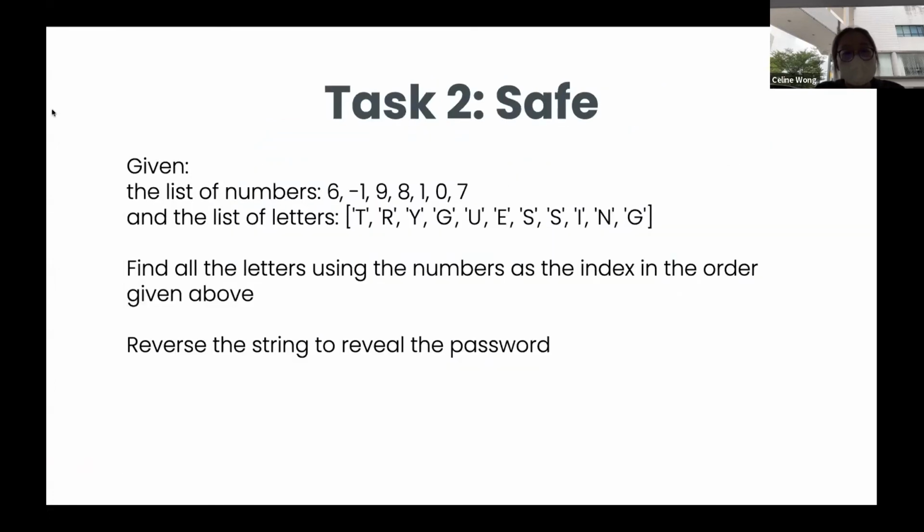Okay, now this brought us to our task, the second task of today's workshop. Given a list of numbers 6, -1, 9, 8, 1, 0, and 7, and the list of letters "try guessing" that spells out try guessing. Find all the letters using the numbers as the index in the order given above, and reverse the string to